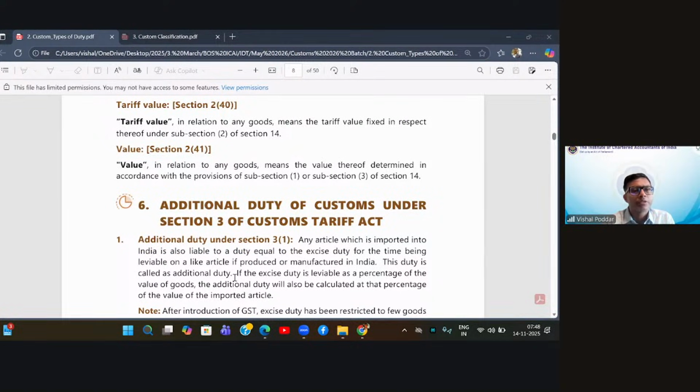Geet is asking a question. Geet says, sir, for the transaction value charged while invoicing for warehouse goods, is GST also to be charged? No, beta. This is where I gave you the reference of Schedule 3. We studied in Schedule 3 that until the goods are cleared, whoever sells the goods while they are still in the customs bonded warehouse, there is no GST applicable, because goods lying in a customs warehouse, if sold, are not treated as a supply as per Schedule 3. And since it is not treated as a supply, there is no GST liability. If no GST liability, it cannot be charged.